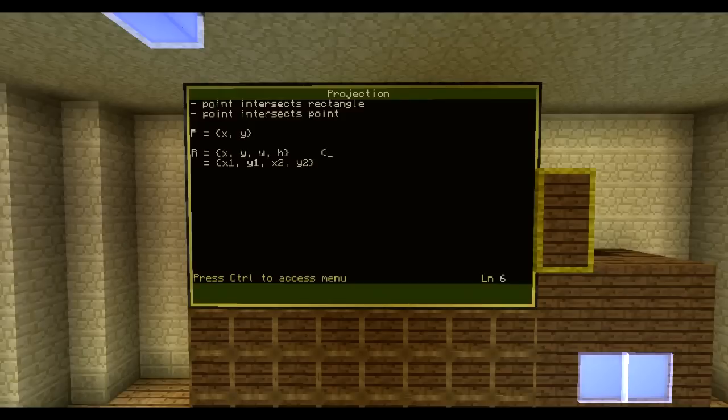So that's where we have X2 is equal to X plus width, etc. So we can have it like that. And so we know that the point lies within the rectangle, and we don't have the special character for it. I guess that would be that one. Contains, or it's within. It lies within the rectangle, and we can decide that if